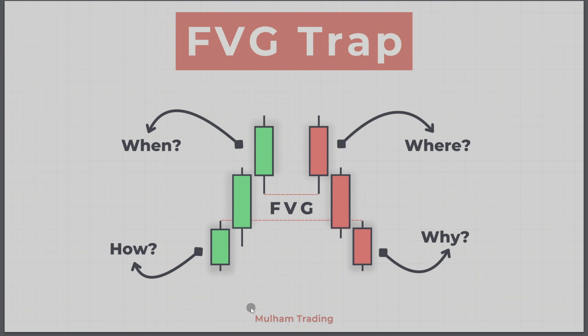I mean, a lot of ICT traders only look at fair value gap as what? As a pattern. They think any fair value gap created is to enter from. And that is just a stupid way to look at fair value gaps. Why? Because it's a 3-candle pattern, yes. And even sometimes I trade it as a 3-candle pattern, but I ask those questions where it happens. I mean, where are we in the price action? What is the context around this fair value gap?